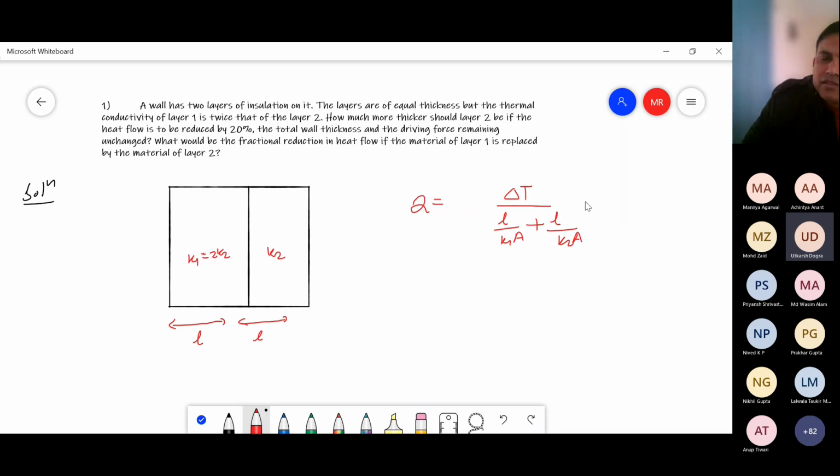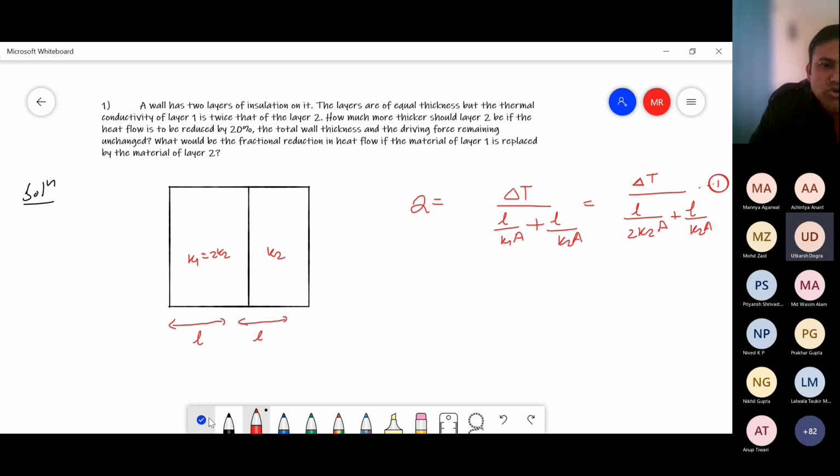Again, we can write this equation as delta T divided by L over K1, where K1 is twice K2, so we can write it as L by twice K2A plus L by K2A. This is, let's say, equation number 1. Now we wanted to reduce this Q by 20%. That means the new value of Q will be